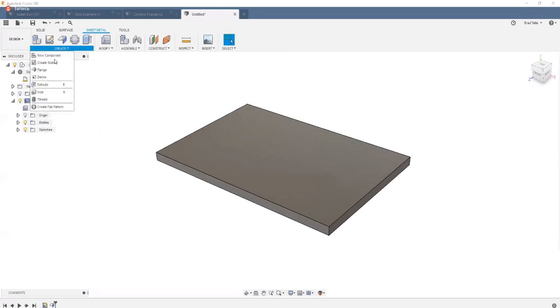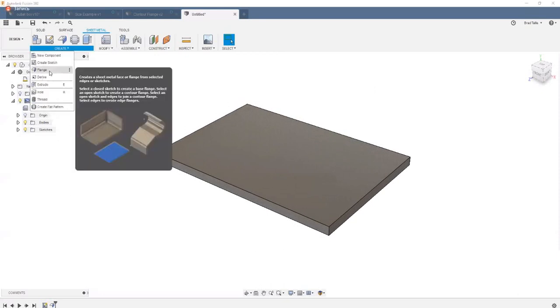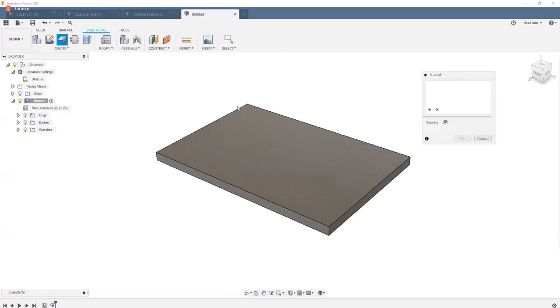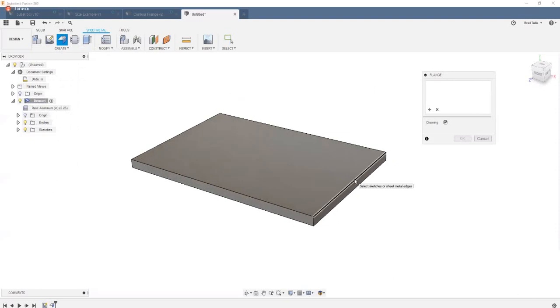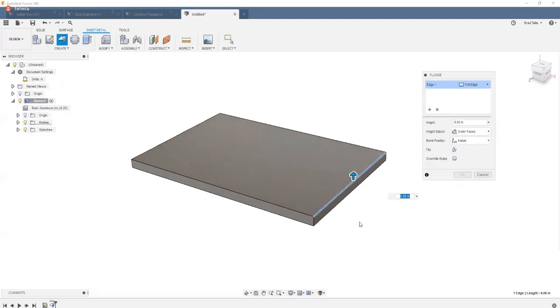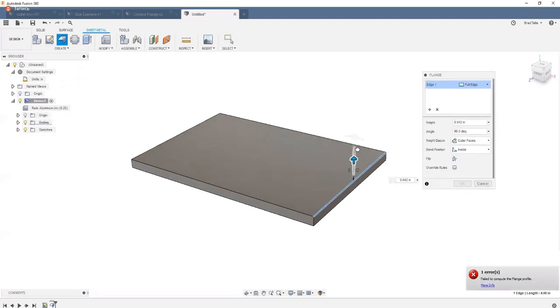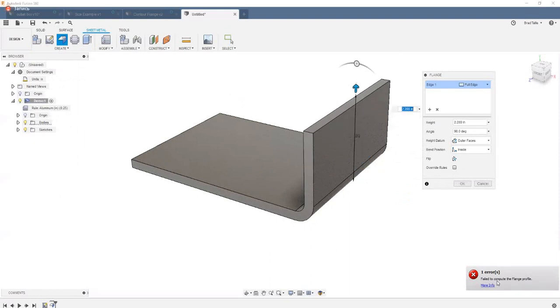And that was the flange command, okay? I'm going to select it again, and this time I'm going to pick this edge, for example, and start to drag. Now you'll see a couple of things happen. The first thing you'll see, and I will admit this kind of annoys me, is that I always get this error